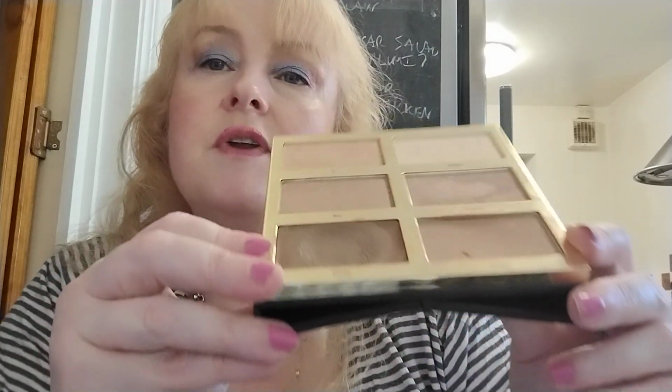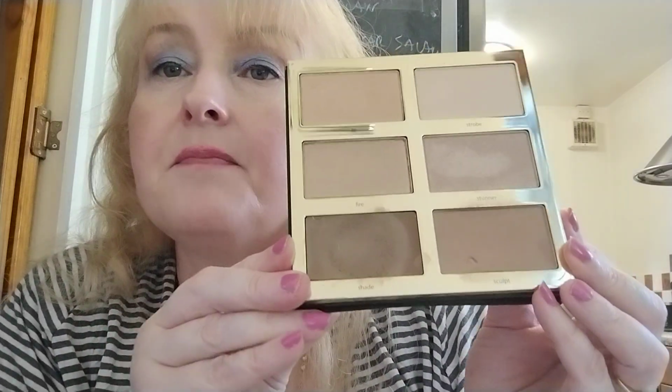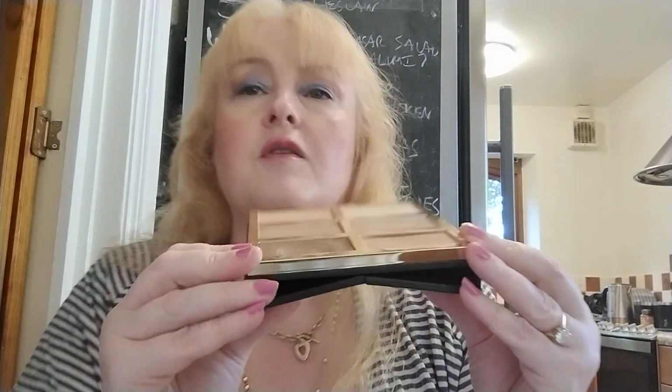I use a little stippling brush, about one inch in head size, a fairly firm stippling brush, but it's not so firm that it scrapes the face at all or scrapes other makeup off. But it really is a nice application. I think another good way is a beauty blender type sponge, but I've got it on today. I don't put an awful lot on, and as you can see, this is only a tinted BB cream